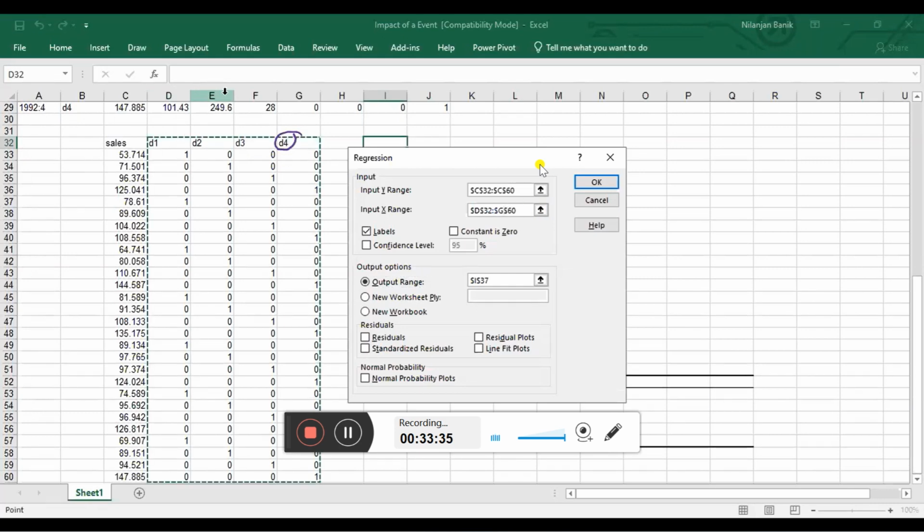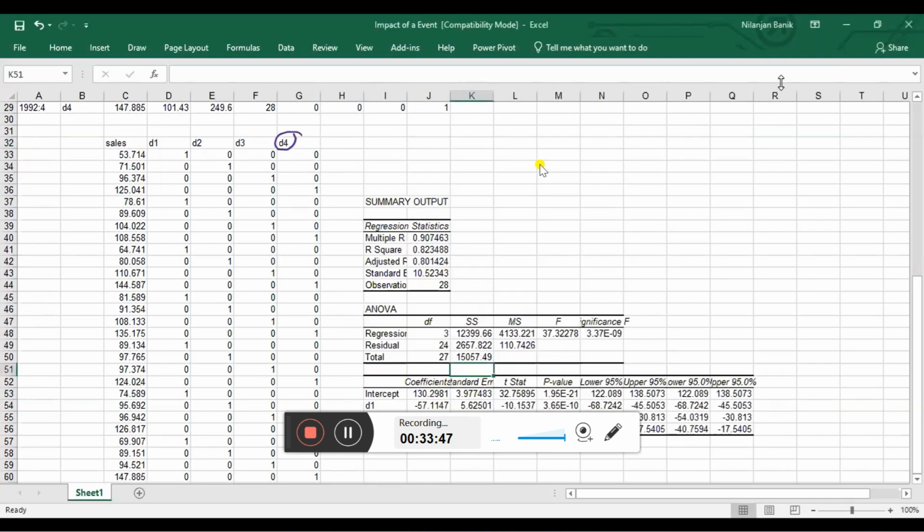D2, D3, D4, which is not going up to D5, because I'm dropping D1. So let's say I'm getting here, and this is what I'm getting. So let's try to interpret this. What it is basically saying is